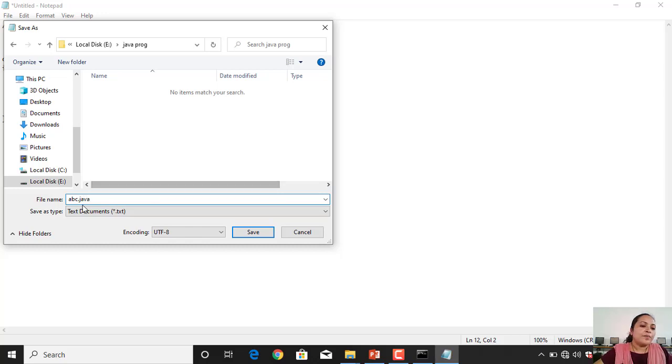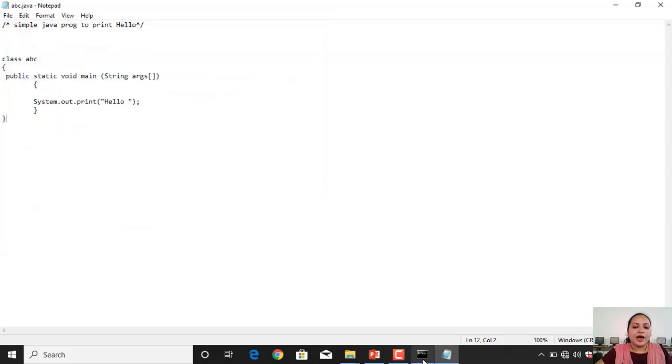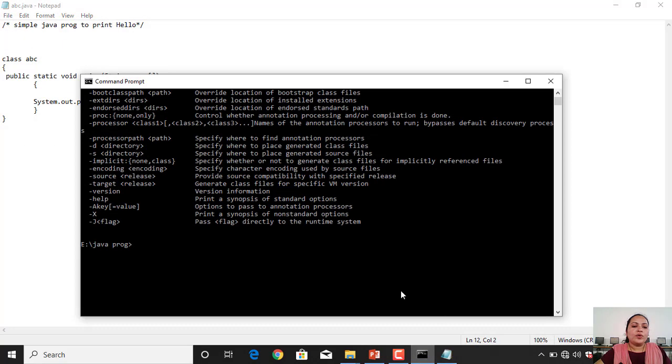You have to compulsory add .java extension to your program and select all files from here. Now save your program. After that go to command prompt, compile your program, and to compile use javac command, then your program name abc.java.